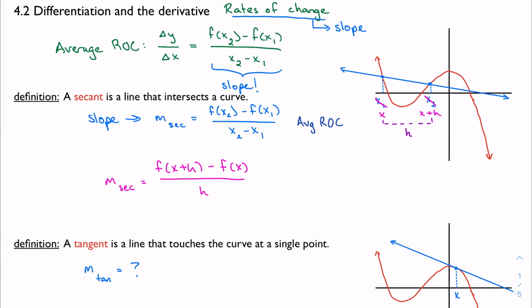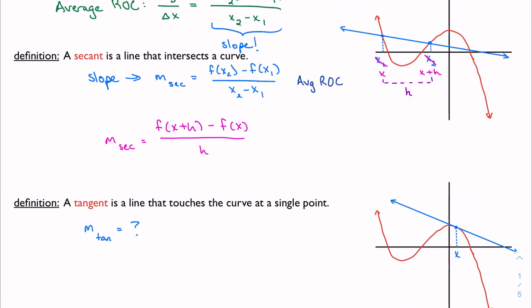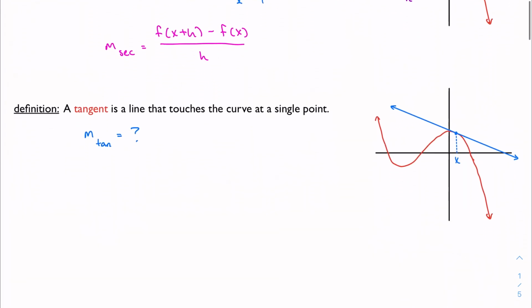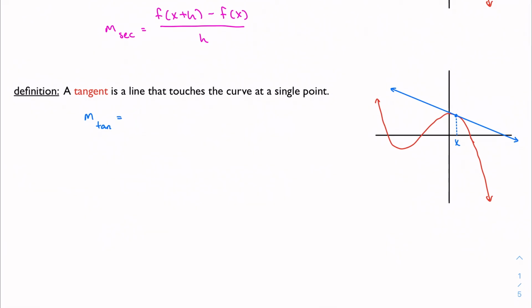Well, suppose, and I can't really animate it unfortunately, I were to take one of these points, or this point I guess, and move it closer to x. In other words, what happens as the distance, this h distance, gets closer to 0? Well, as the distance decreases, this point's going to move along the function until it gets really, really close and almost just about touches the other point. And then for all intents and purposes, I effectively have a single point. Well, if I'm talking about what happens as h approaches 0, and we can't really get there because I only have one point and I need two,